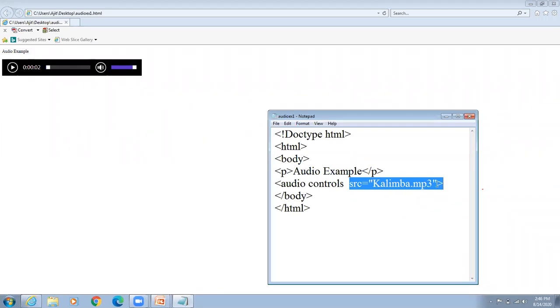Once again, if I write here muted, again save my file, run, what will happen? It will be muted. Okay. Now I will use the autoplay attribute.